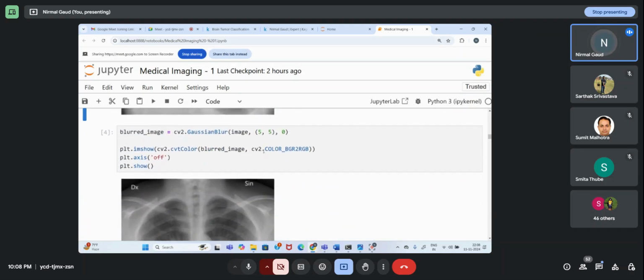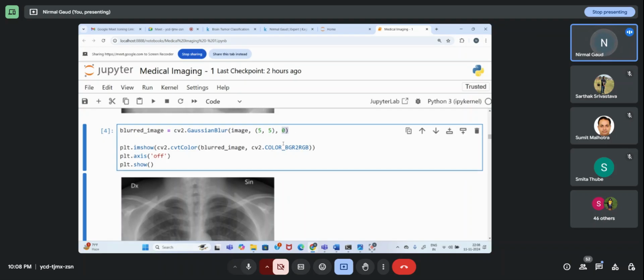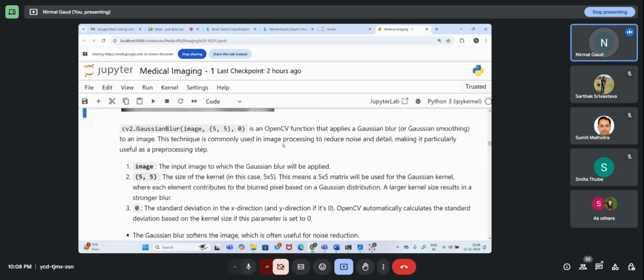You can blur your image also. In the CV2 computer vision library, many functions are available. One of the functions I'm using here is called Gaussian blur. You will have a certain kernel, and 0 stands for the standard deviation. I have already mentioned some notes related to it, so you can refer to these notes.